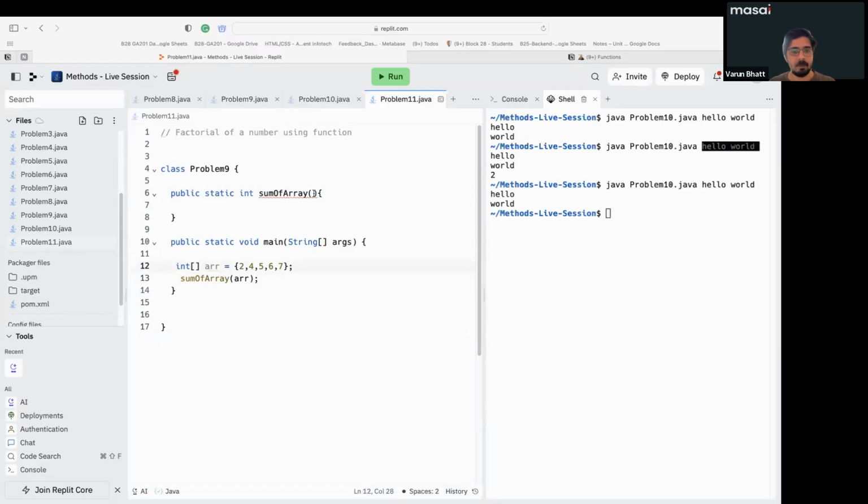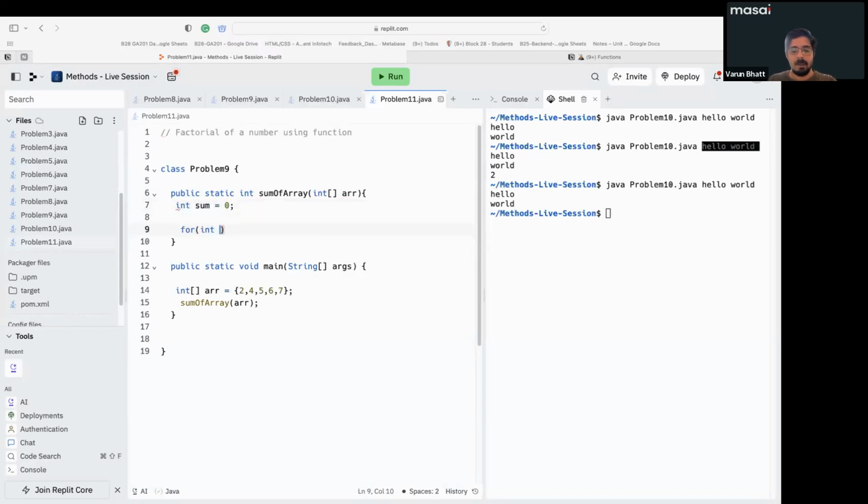Now from the same side, you know that I need to define the parameter. तो parameter आप exactly same define कर सकते हो. First you need to give the data type and then just the variable name, and this you can put anything, arr x, like I told you कि parameter में you can put anything. Now after that what you can do is you can define int sum equal to 0